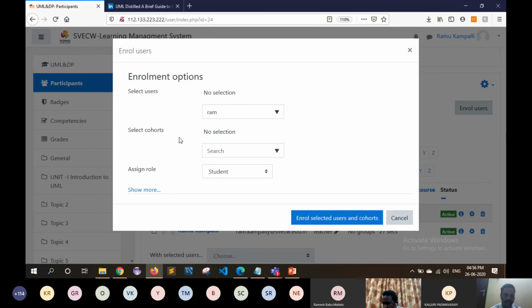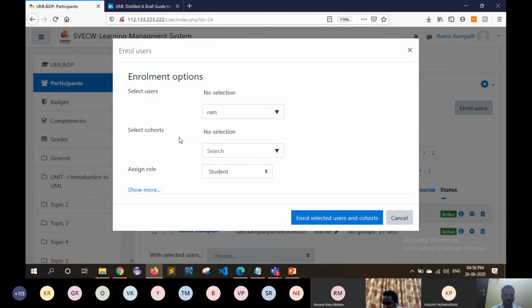As an administrator, I divided the total students into batches, like 2018 batch, 2017 batch, 2016 batch, like this, while the students were created in this system.